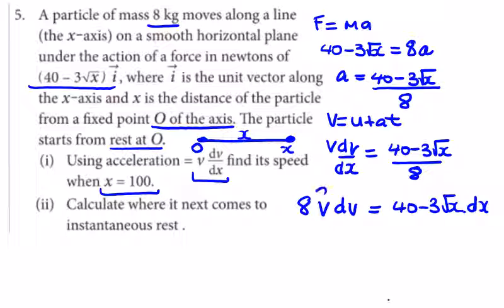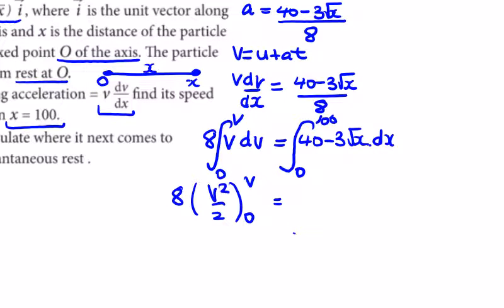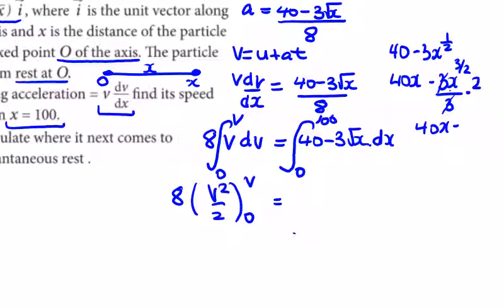So we integrate these. We're looking for speed when x is 100. So starting at 0, and x is going to be 100, we're looking for speed starting from rest. So 8, take out the constant, we're going to have v squared over 2 between v and 0 equal to, we have 40 minus 3x to the power of a half. So we're going to get 40x, increase the power and divide by the new power, so it's going to be minus 3x to the power of 3 over 2, divided by 3 over 2, so the 2 will go up on top. So we're going to get 40x minus 2x to the power of 3 over 2,